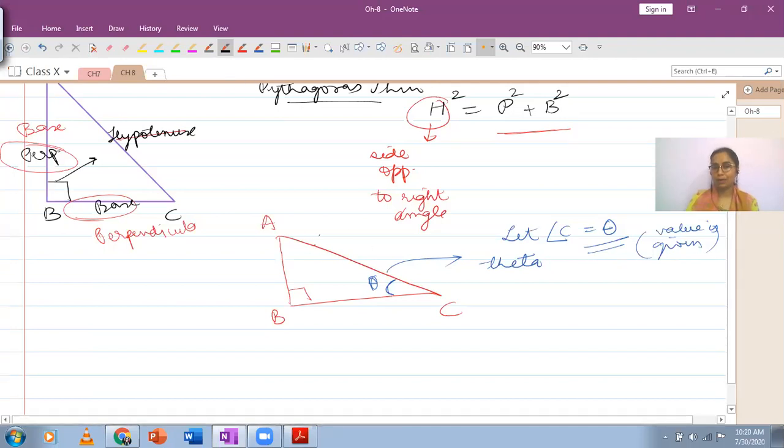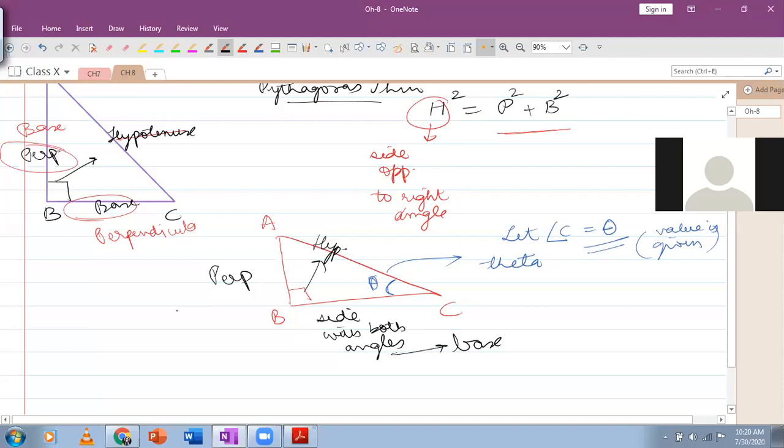Now, once they have specified that there is an angle other than 90 degree, I will specifically mark the sides now. This still is hypotenuse because it's opposite to 90 degree. This will stay hypotenuse. Out of these two sides, the one which is standing and the one which is lying, the horizontal side, the side which contains both angles, this will be called base. And the other one will be called perpendicular. And if this angle was marked over here, if you had